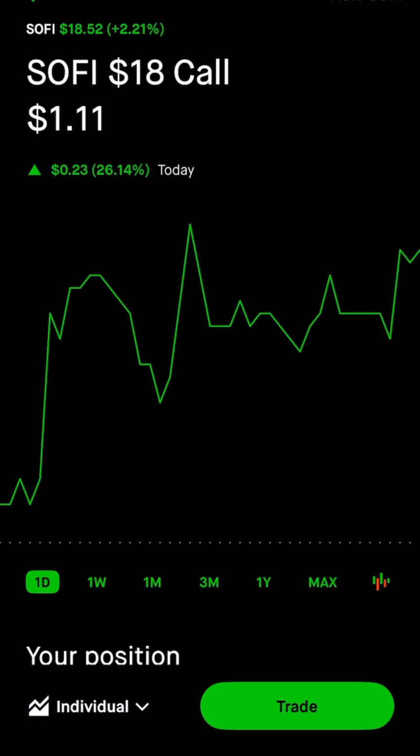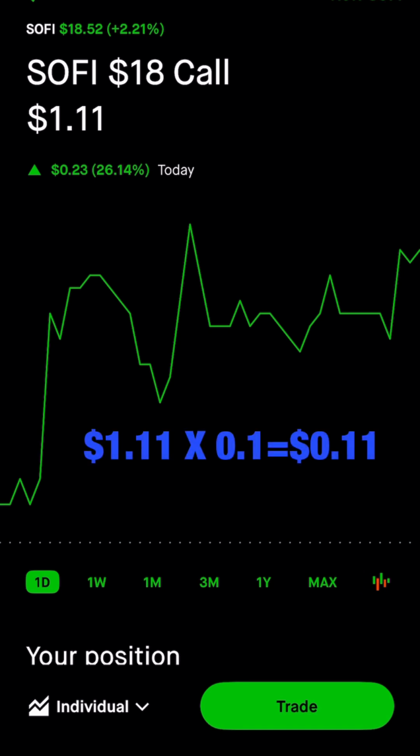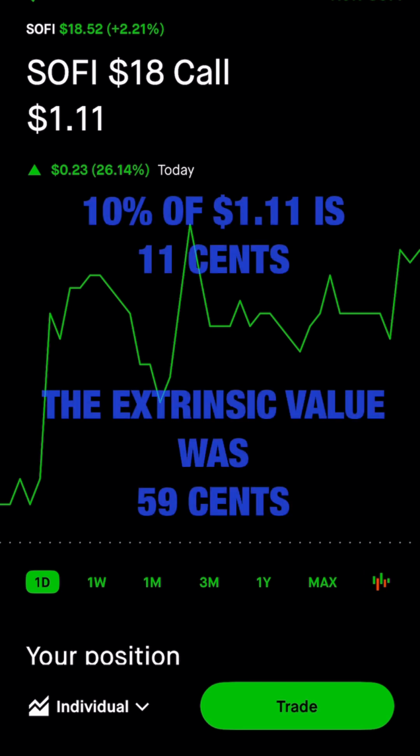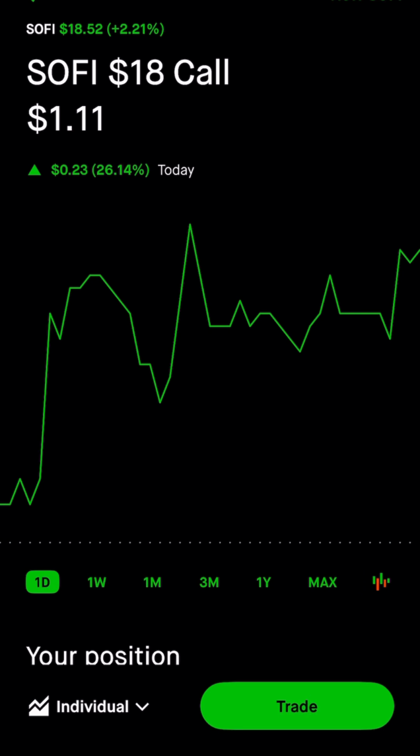That is important to know, because if your extrinsic value is less than 10% of the contract price, so the contract price is $1.11, less than 10% would be about 11 cents. So 59 cents is greater than 11 cents. Since that is greater than 11 cents, this contract is going to stay open and I'm going to continue to